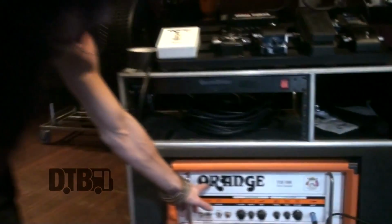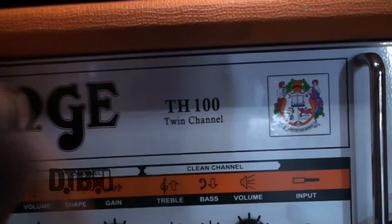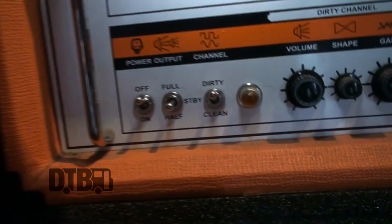Very simple. I use Orange heads, which are amazing heads, specifically the TH100. They're very, very high-driven. Especially this head is very high-driven. Orange also has heads that are more 70s rock, but I like this one. Well, I like all of them, but for our genre and our band, this one does the trick. It's amazing, sounds great, and